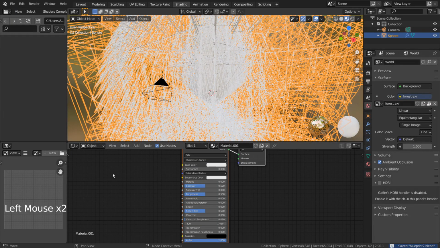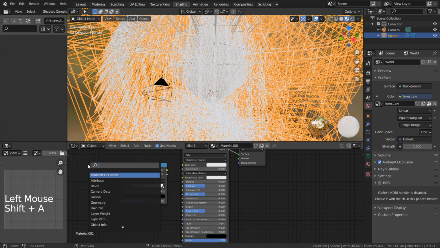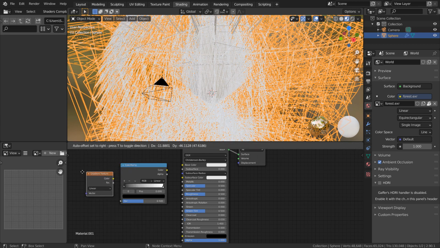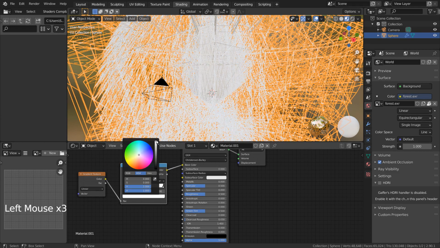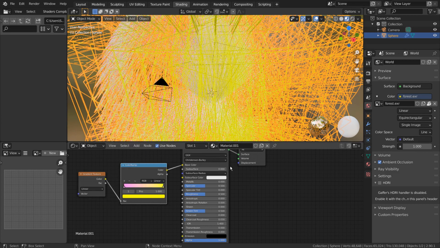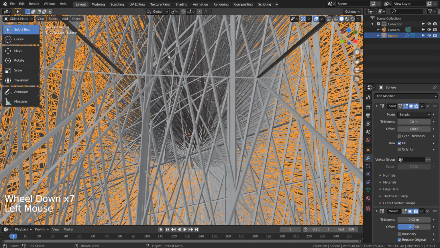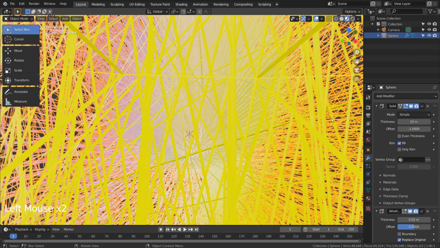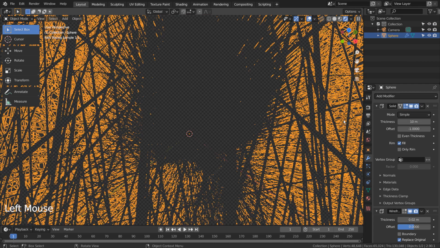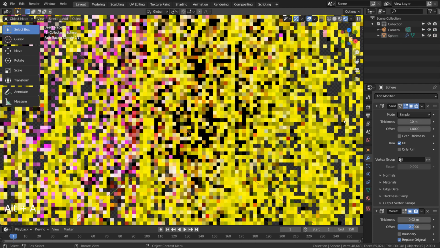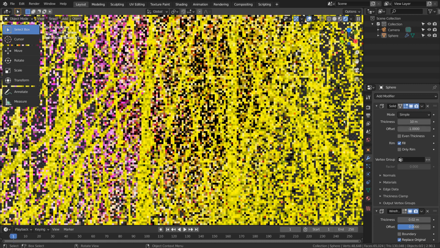Here, I've added the usual color ramp and the gradient nodes. The scene started to lag, and I only had less than 150,000 vertices in total.